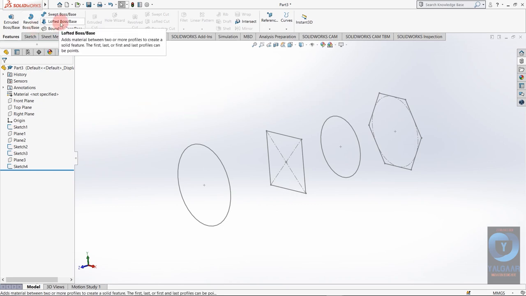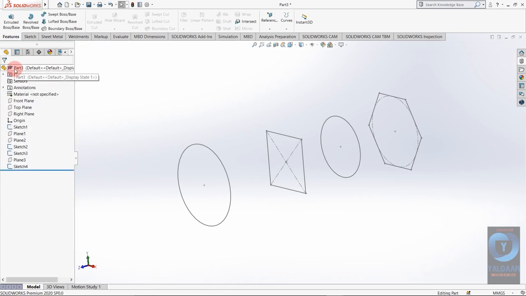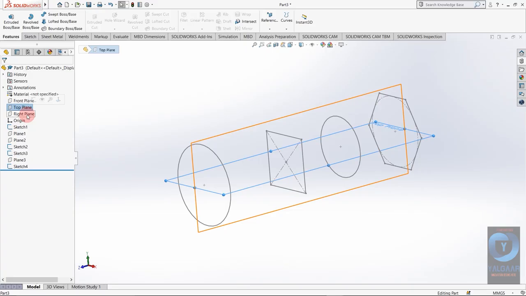So I'm going to select lofted boss. Here you can see we need to define 2 guidelines for the lofted boss. First one is profiles and second one is guide curve. So I'm just going to sketch a basic guide curve. That will be perpendicular to our geometries in top plane. You can also sketch in right plane. I'm selecting top plane, sketch,